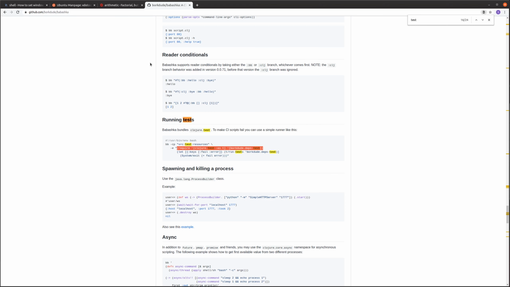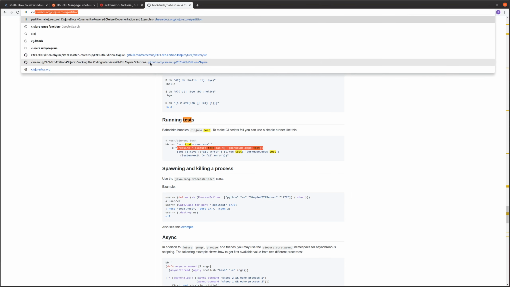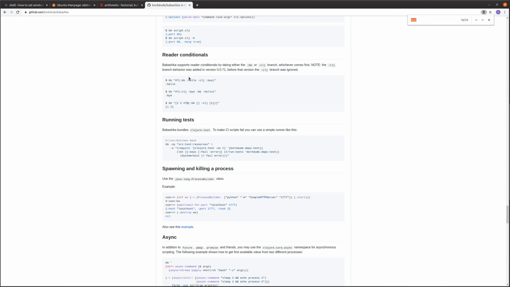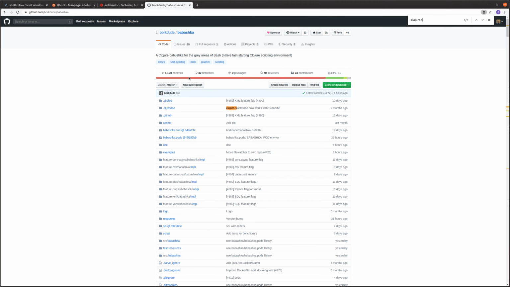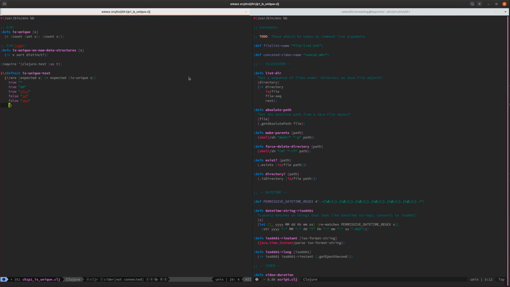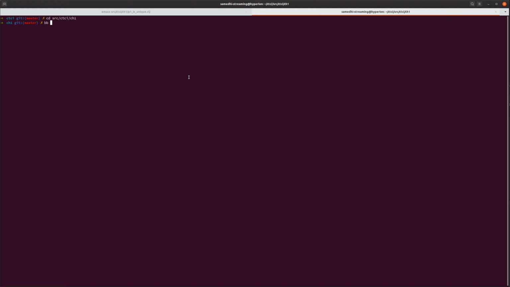I wonder if this brings in spec test. Closure, oops. Closure spec. Nope. Closure spec isn't brought in by default. Okay, well. Alright, let's see if we can just run that. I'm going to back up to here, and I'm going to do, we're just going to do